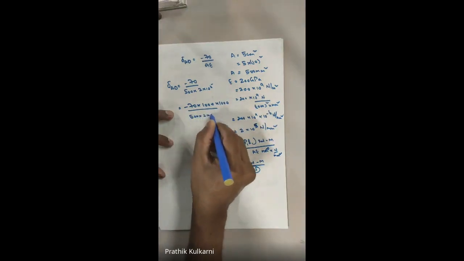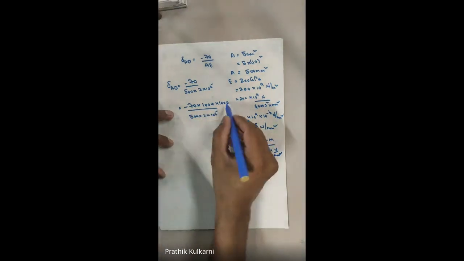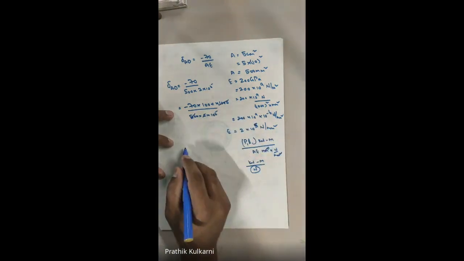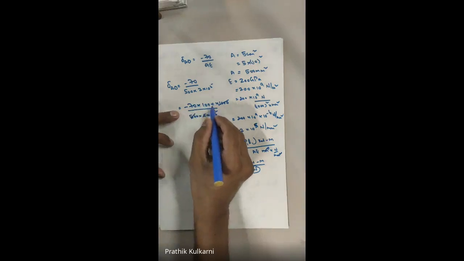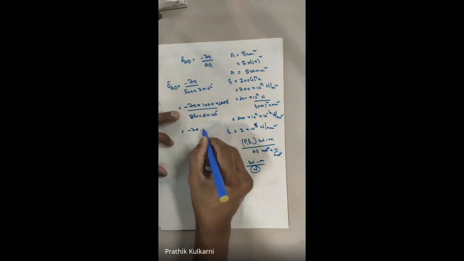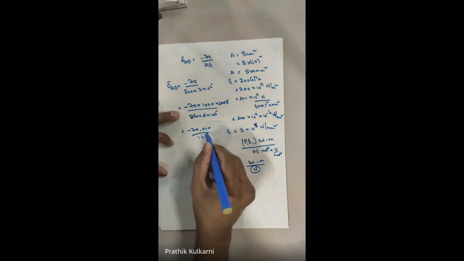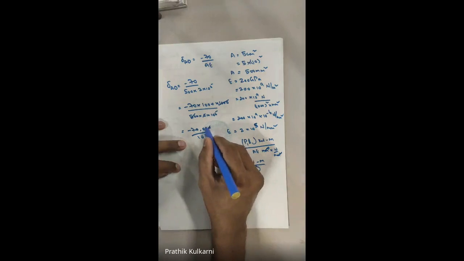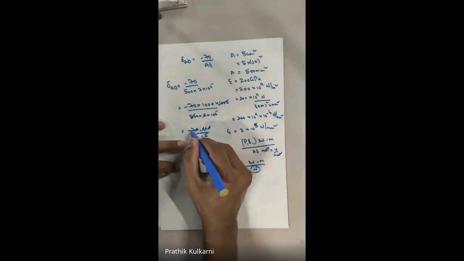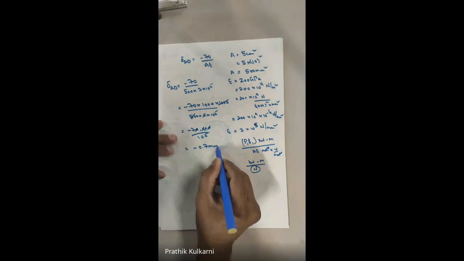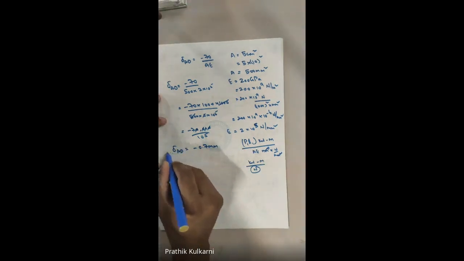So this was 500 into 2, you can also write kilonewton, so this is 500 into 2 into 10 to the power 5. Why? Because I have converted everything. So 500 into 2 is 1000, which has been cancelled. Fine. Now minus 70 into 1000. If you just see, this becomes minus 70,000, divided by 10 to the power 5. How many zeros do we have, 5 zeros, 1 2 3 4 5, so that also gets cut, so the answer is minus 0.7 mm. So this is delta AD.